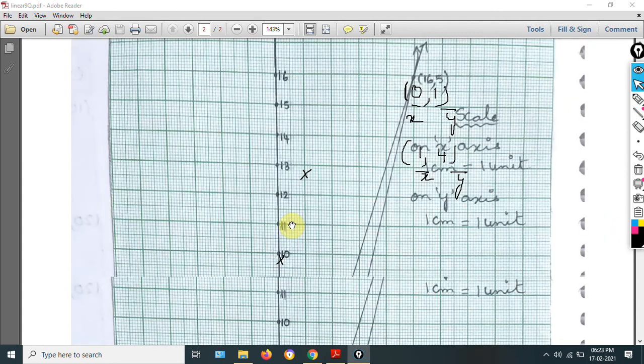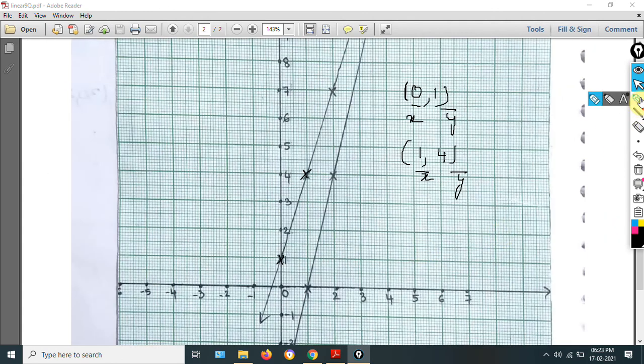So I will take the pencil 2 comma 7. I am writing here 2 comma 7. This is the x value and this is the y value. On the x-axis, where are we getting 2? Here. From this position only we have to see where we get the y value. How much is the y value? 7. From this we see where we get 7, 7, 7, 7 here. So we will put one cross mark.